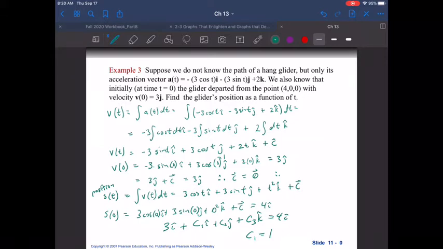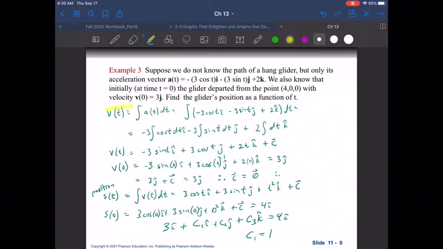Find the glider's position as a function of time. Hopefully you can recognize, well, maybe not at this point, but as you get a little more comfortable, you could even look at this acceleration and realize what kind of motion this is going to end up being. So let's start with this part up here, where we are doing the